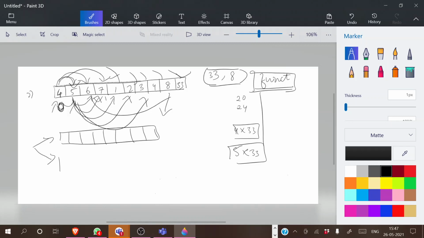In my second array, I'm going to change one index value so that the system will be able to identify it. For example, if this is 4 5 6 7 1 2 3 4, let's take this array as this.